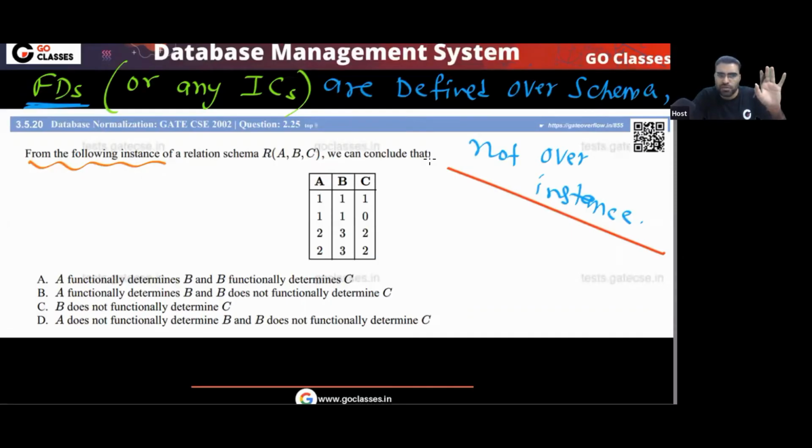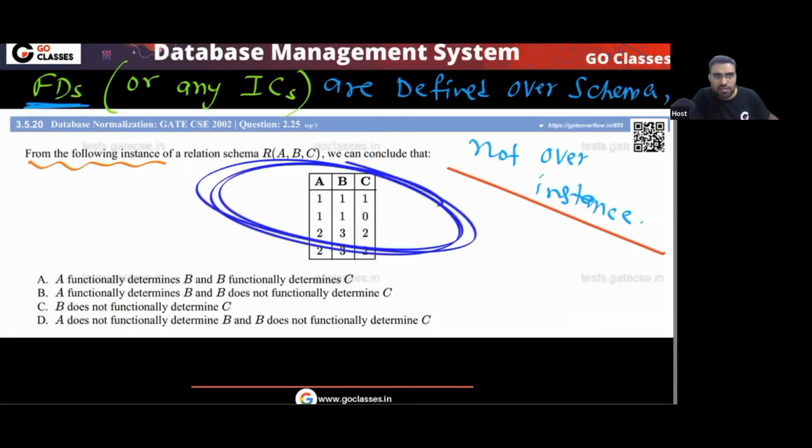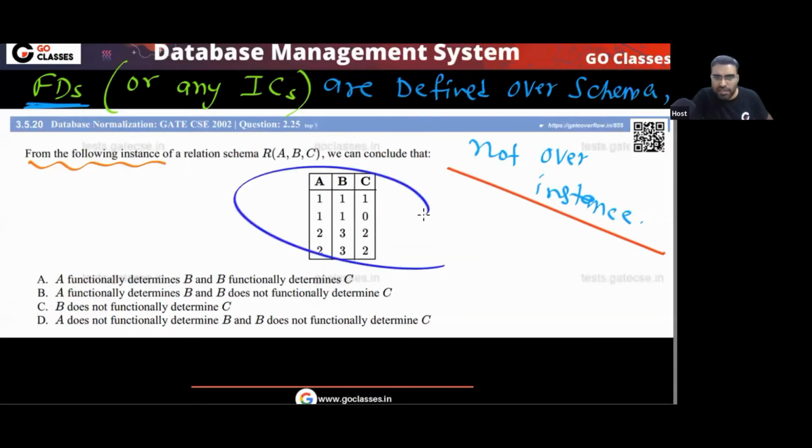Don't keep any confusion. In this question, you can notice we are not asking which functional dependency is satisfied by this instance. I told you that if I give you some instance, then from that instance you can eliminate some functional dependency,